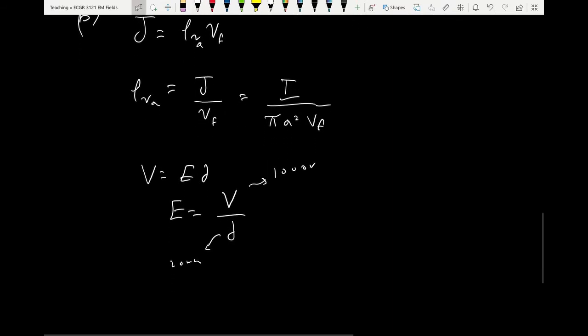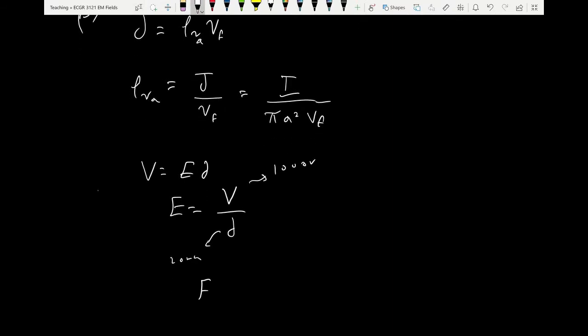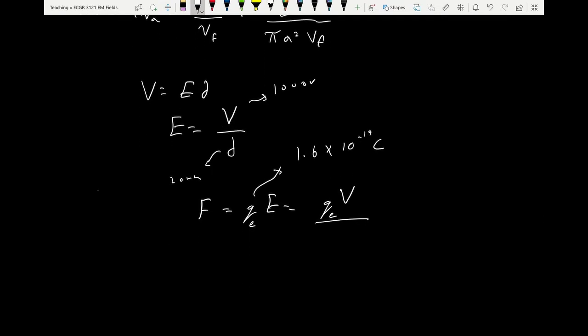And why do we need E? Because we need to find F, the force that the electron feels. The force is going to be just QE. So the force is going to be Qe V over D, where Qe here is the charge of the electron. The charge of the electron is 1.6 times 10 to the power minus 19 coulombs. We know that. When you know the force, we can find the acceleration, right? So acceleration, let's call it, what should I call it? Acceleration, ACC,